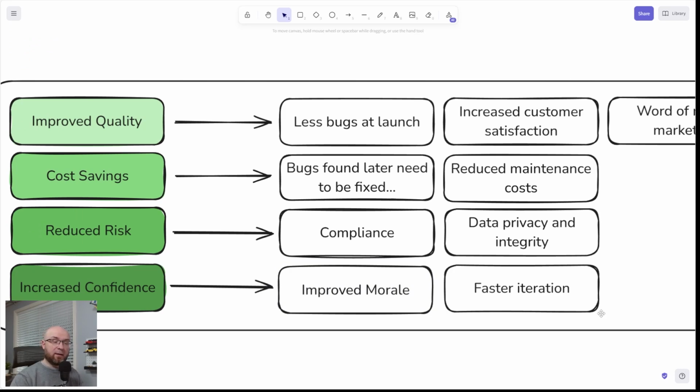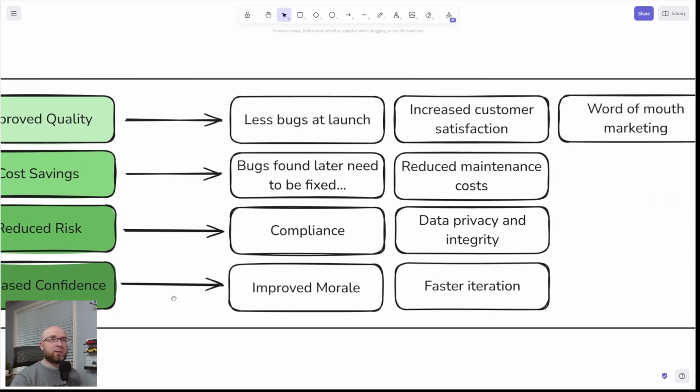Because if your tests are all passing, you can start modifying things without worrying that if you changed something, something else is going to break. Because if it does, well, a test is going to catch it, right? So you're confident in working on the code because you have higher test coverage.